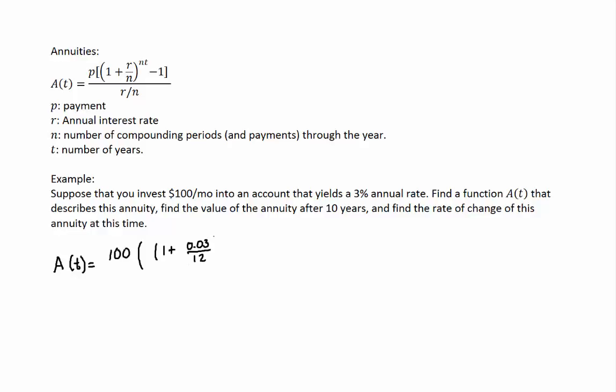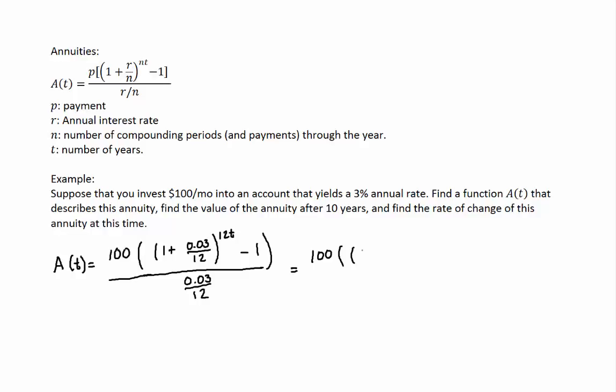n is 12, monthly, sorry, so 12, to the power of nt, so 12t, minus 1, and all over r over n, so 0.03 over 12. But this looks way more complicated than it really should, so let's calculate, for example, this, and let's write what it is. So we get 100 times, when you calculate this, it's going to give you